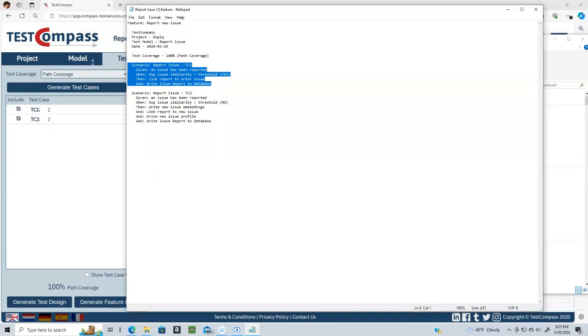Because when I wrote this model, I just kind of went off the top of my head with a real top-fast expression of what's happening, which people are inclined to do. I wasn't trying to make anything wrong with the model. It's just the way my brain put it together right away. And when we look at it, we say, okay, an issue has been reported, and when the top issue similarity